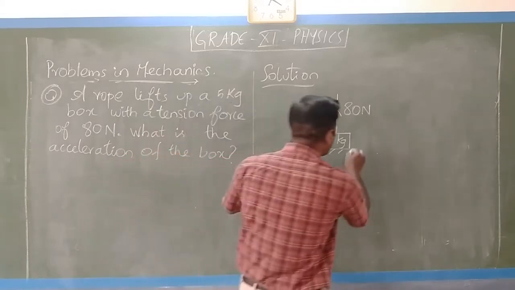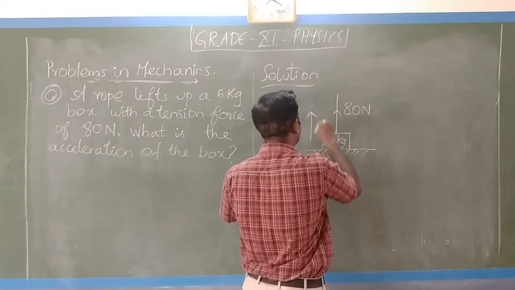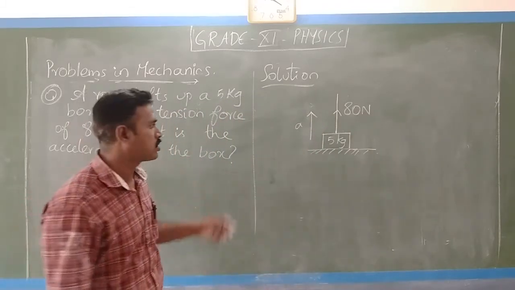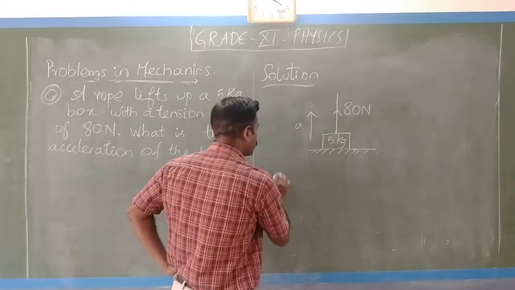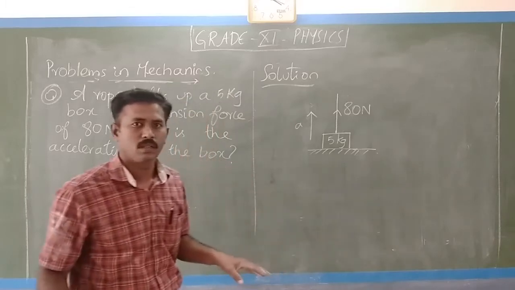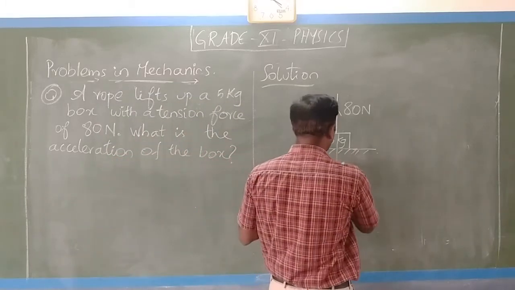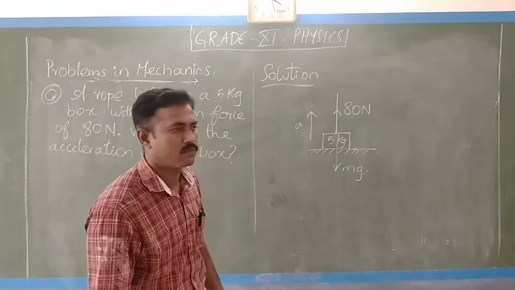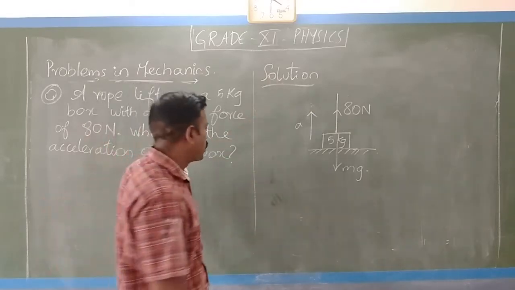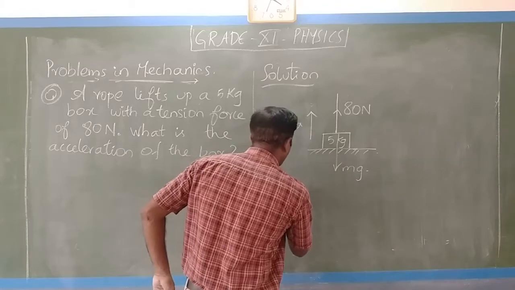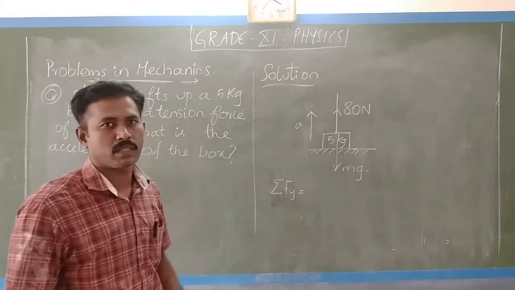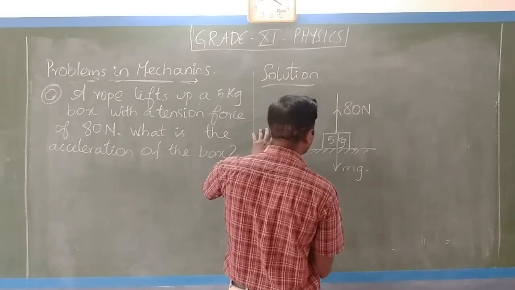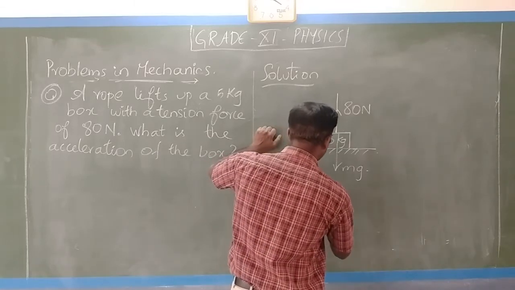Now since it is being lifted up, the box is lifted up with some acceleration. So we have to find the value of this acceleration. How to find it? You see there are no horizontal components. The vertical component is here. There is the force due to gravity, the gravitational force, mass times gravity. So I will write the equation. What is the equation for this? The sum of the vertical components is equal to, what are the vertical components? That is tension, the upward force T, minus mg.